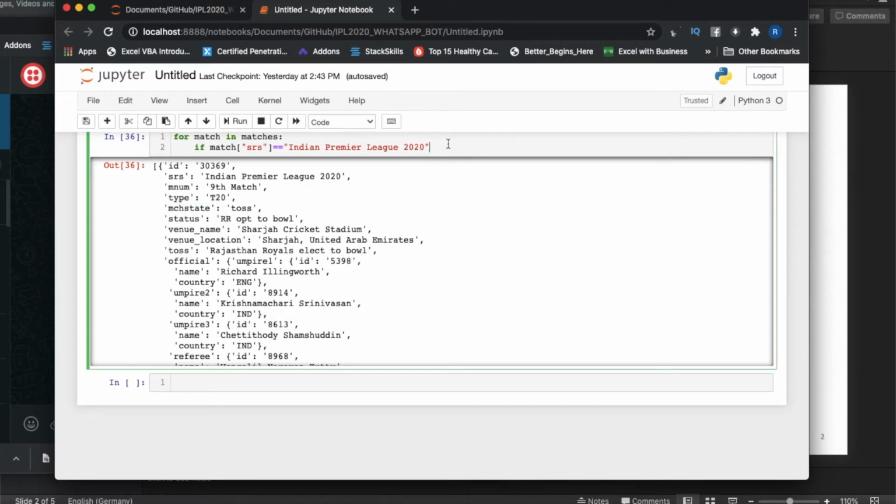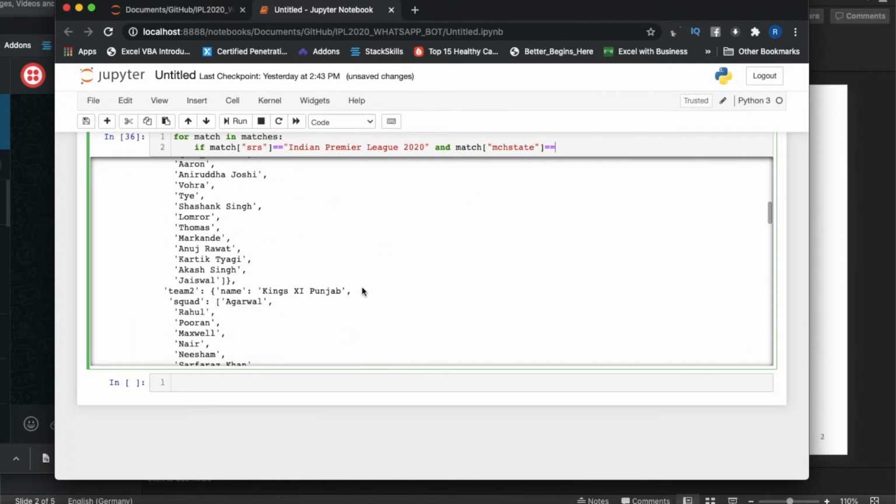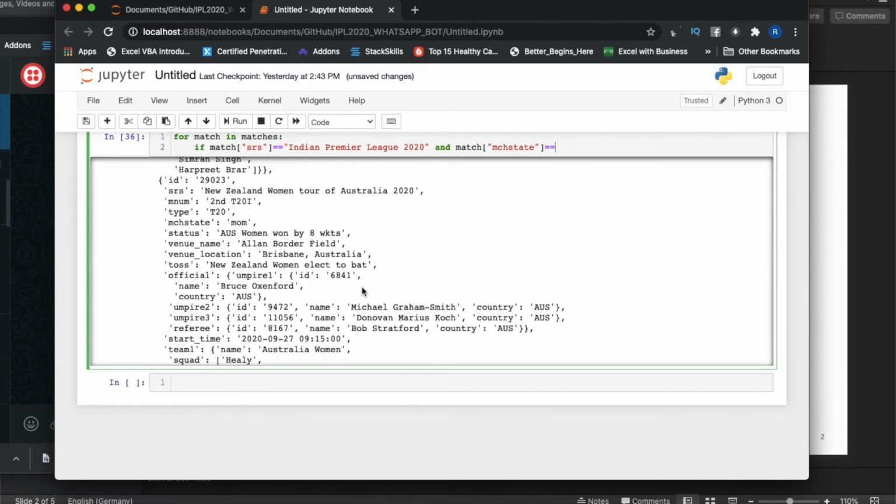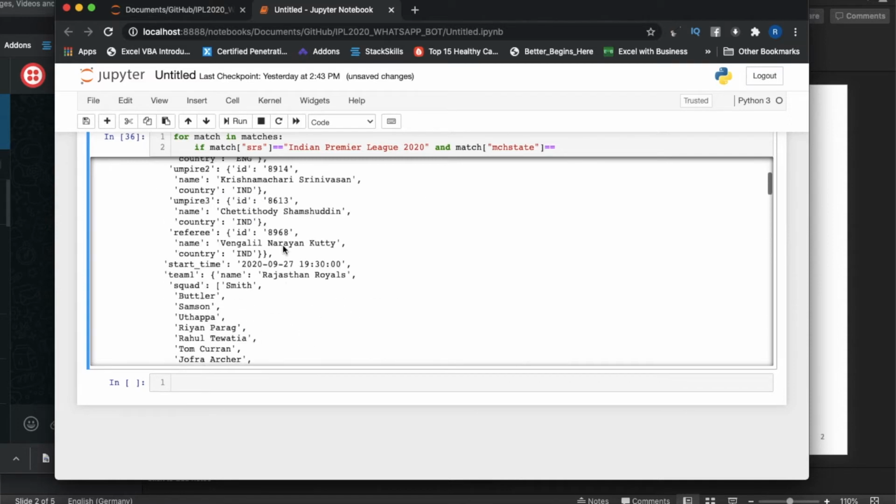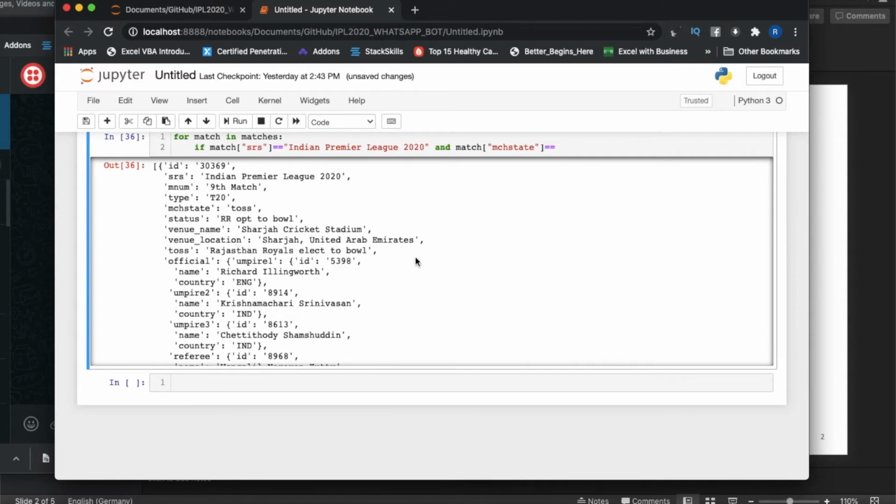For that I can write match state. Why am I saying preview? The other states mean the match has already finished, and for matches which have not started yet it will show preview.